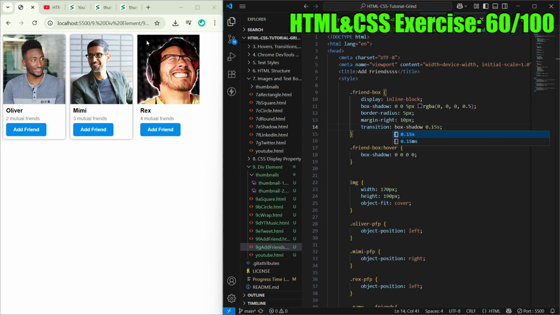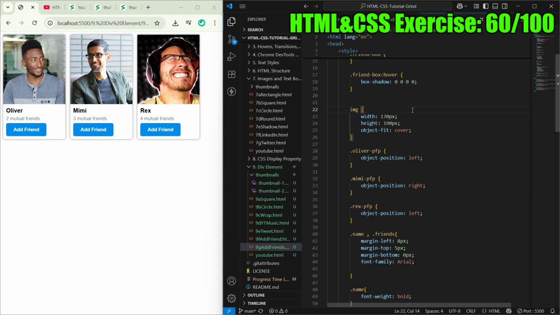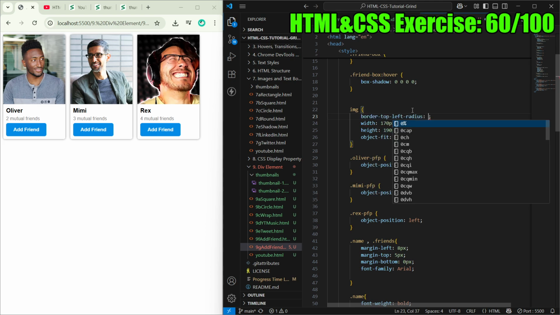Wait, why does this one look not curved? Why is the image? Oh, that's when... what? The border radius for these is not applied. For the images, it's not applied. I need to add border radius, border radius, top, top left, border top left radius